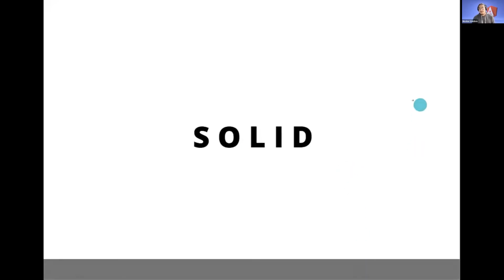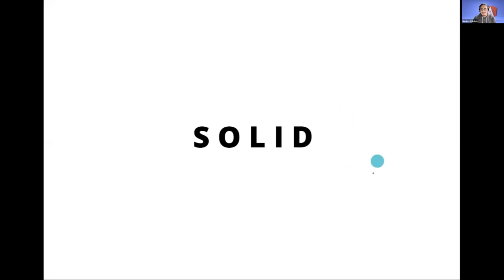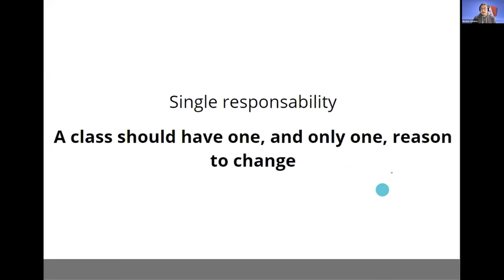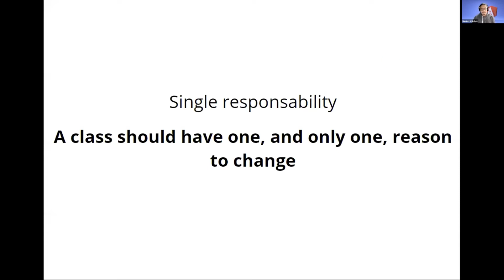So we cannot have design principles talks without talking about SOLID principles. So we are going to talk about what SOLID says, and we are going to start with the first principle of SOLID, that is single responsibility. Single responsibility says that a class should have one and only one reason to change. The intention of this principle is to have items whose purpose is easy to understand. They explain themselves easily and it's easy to change, right? So that is what single responsibility means.